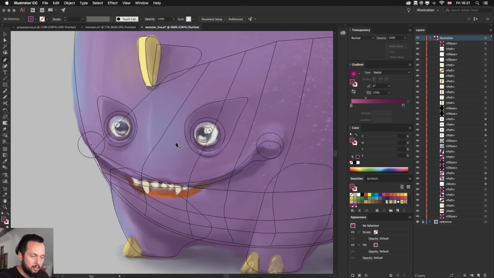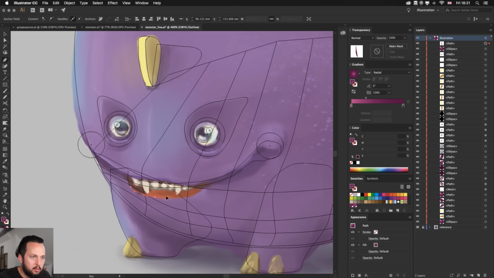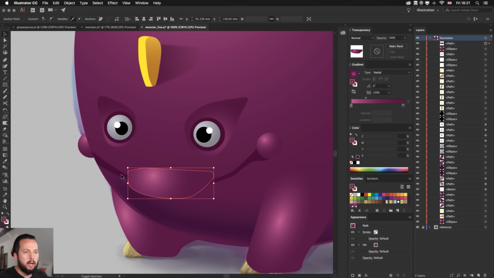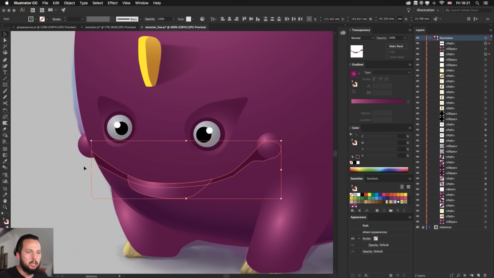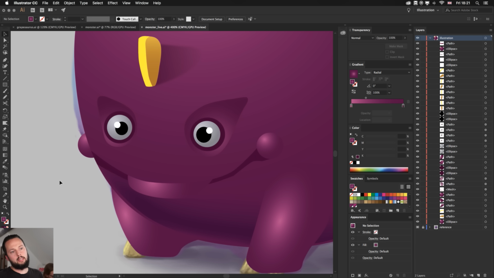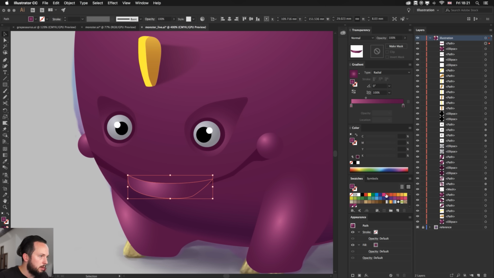So let me draw that shape here for the mouth. So I'm just going to draw this quickly in. Draw around it. Again, I'm not paying attention to the top detail. Go back, select these two shapes, use the shape builder, cut off what we don't need, and we already start to have what we wanted to create here. Now for this shape, I'm going to use a dark red color, even darker than that.